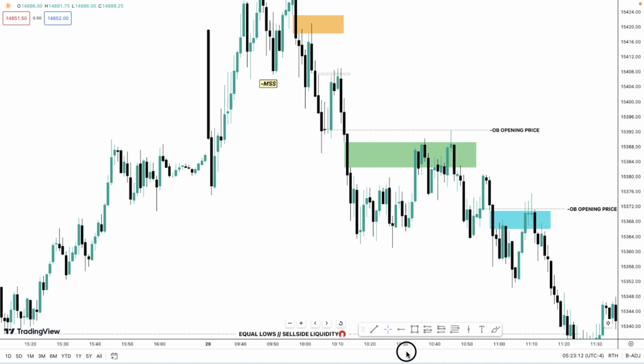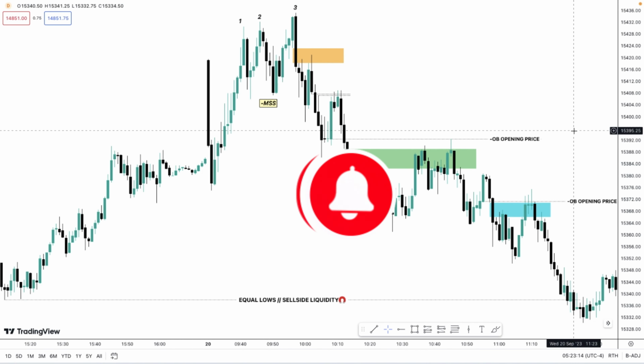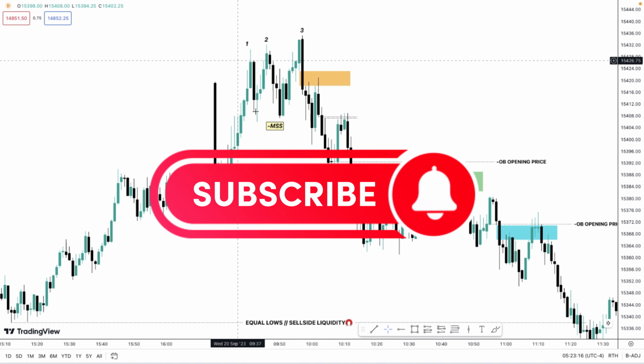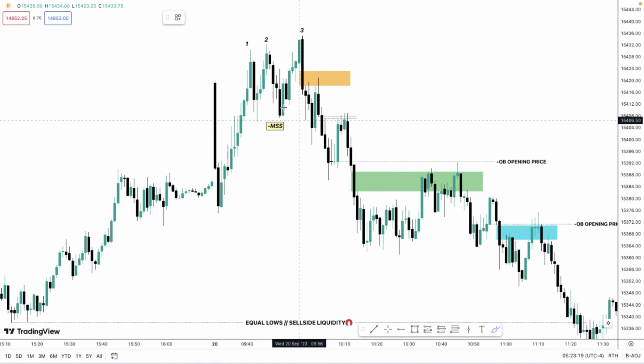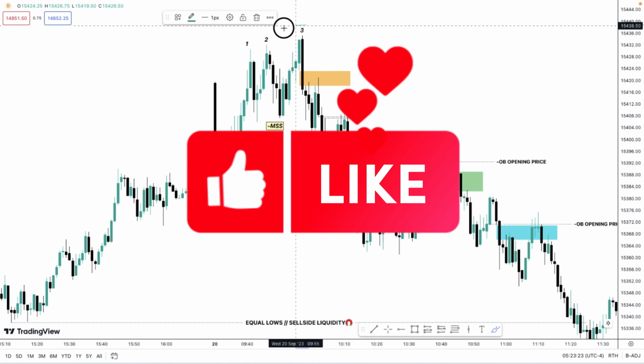So that's how you can trade the three drives pattern. So the inception of the move started after this